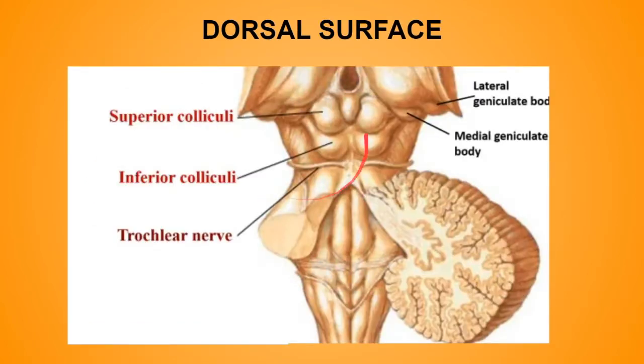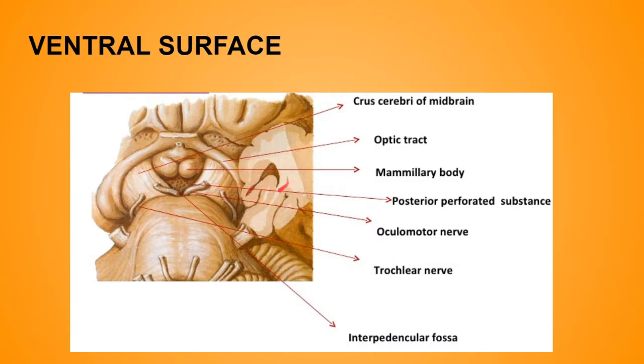Now as you can see, this is the dorsal surface of the midbrain, and this is the trochlear nerve. This trochlear nerve emerges on the dorsal aspect of the midbrain and curls around the lateral aspect of the cerebral peduncle to appear on the ventral aspect of the midbrain, lateral to the oculomotor nerve. Now these two nerves, the oculomotor and the trochlear nerve, run forward between the posterior cerebral and the